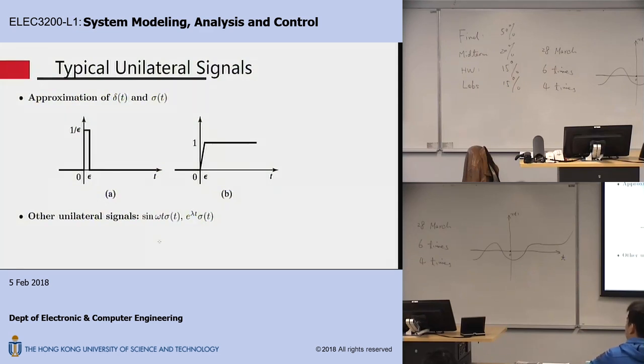For example, we say sine function, sinusoidal signal. That's something you very often see. But a sinusoidal signal goes from minus infinity to infinity. It's just periodic, going up and down. You multiply by sigma t, what do you get? You get a unilateral sinusoidal signal. Basically, it's a sinusoidal signal starting at time 0. So before time 0, it's just flat, 0. Okay? So this sigma t gives you a convenient way to describe